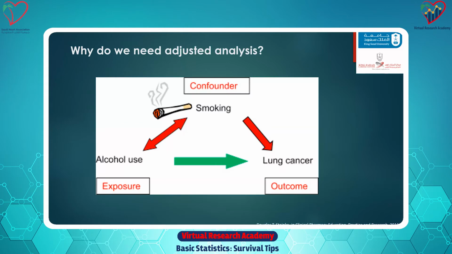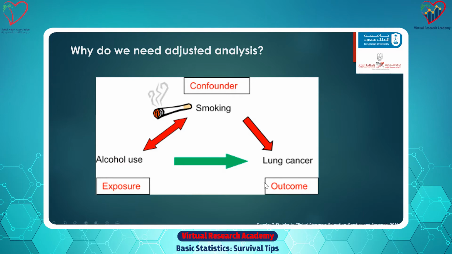Agnebel did a great talk a few weeks ago about basics of epidemiology, and she touched on confounding, but I'll explain it again. I think it's an extremely important concept, and then we'll talk about statistical analysis that helps with that. So the reason we do need to adjust our analysis is this concept of confounding, which is when you have factors that are associated with an exposure, at the same time associated with an outcome.